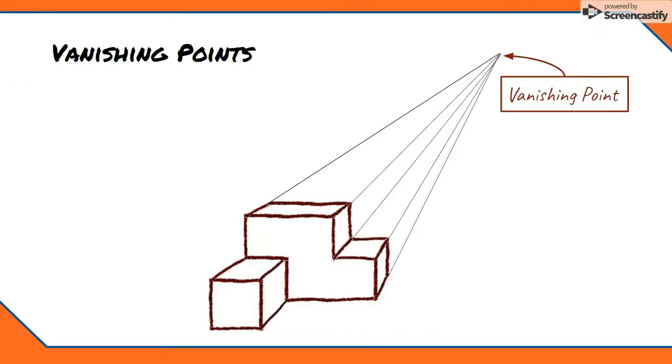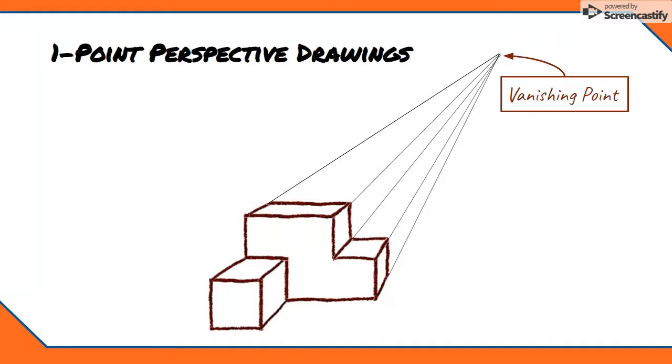Where isometrics and obliques use specific angles for lines in each of the three dimensions, perspectives follow a different rule. In a perspective drawing, all of the lines running in a particular direction extend toward an imaginary point far in the distance called a vanishing point. Some perspectives use one vanishing point. We call these one-point perspectives. Typically, the width lines of an object are drawn horizontal and the height lines are drawn vertical, like an oblique. But where the depth lines of an oblique are all drawn at a 45-degree angle, the depth lines of a one-point perspective extend toward the vanishing point. This helps give the illusion of depth.